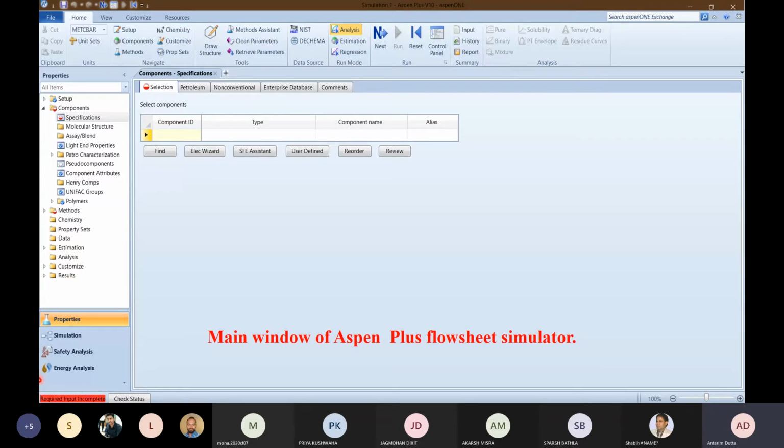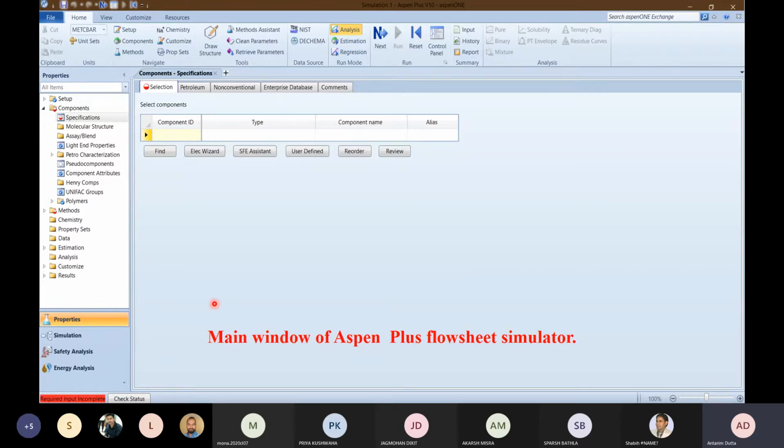In the latest version of Aspen, we have four different environments to work with. We have property environment, simulation environment, safety analysis environment, and energy environment. Every environment has its own importance and application.